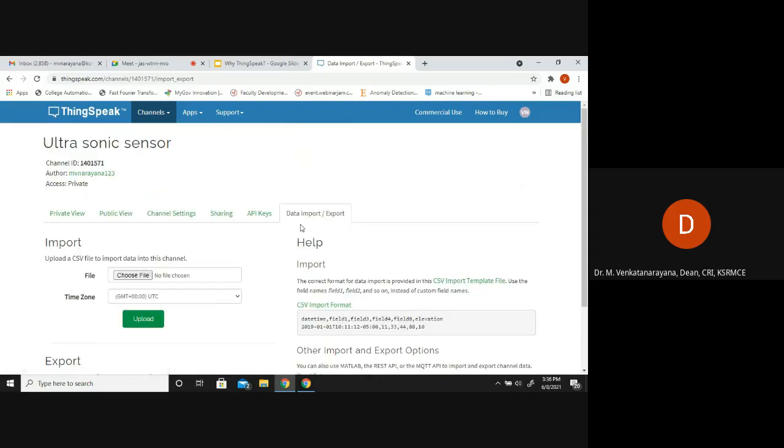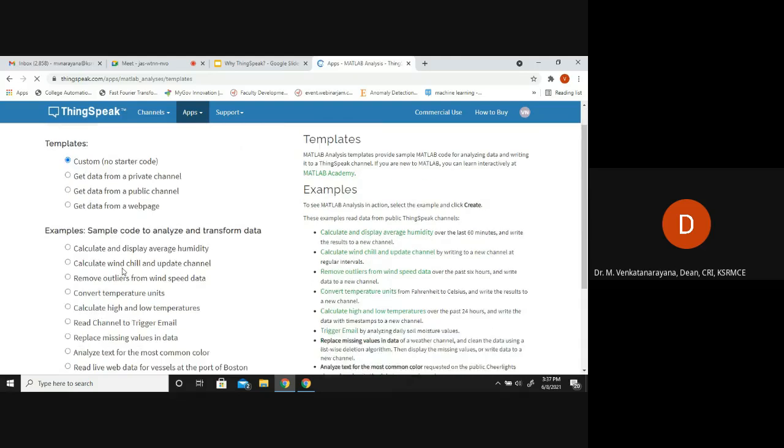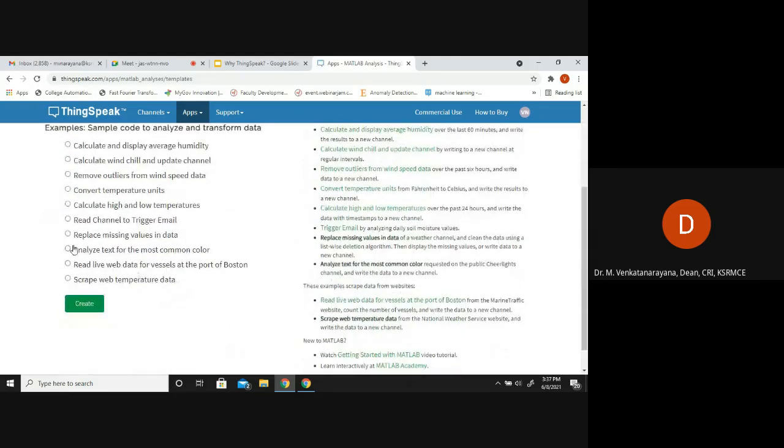So this is about channels. Coming to apps. All apps here: MATLAB Analysis, MATLAB Visualization, ThingTweet, TimeControl, React, Talkback, ThingHTTP. In MATLAB Analysis, when we click new, we can find some examples. For example, calculate high and low temperatures.